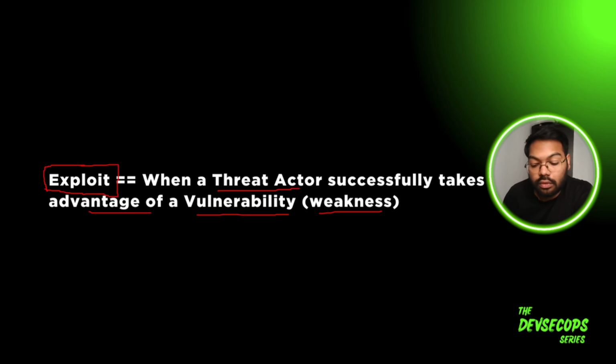Got it? So when the vulnerability that you have in your software or in your organization is being taken advantage of, or someone tries to use it to cause any harm to you, then that is called an exploit. And who is going to cause that? A threat actor. A hacker is trying to exploit your vulnerability to successfully take advantage of any situation or anything that they want. It's a general term. So exploit is when a threat actor successfully takes advantage of a vulnerability. I hope you got the point.